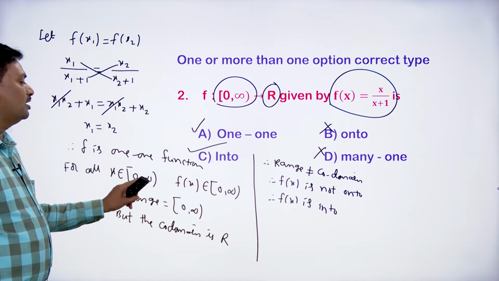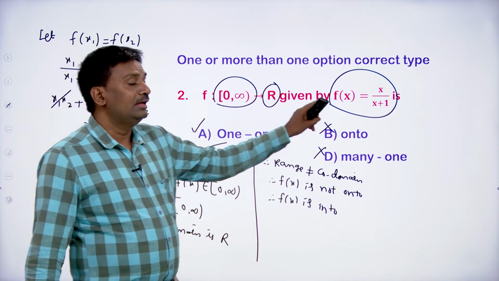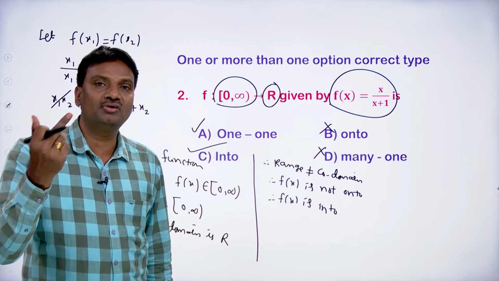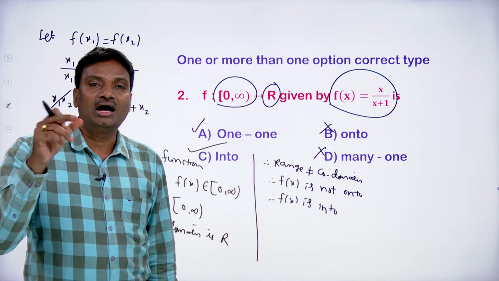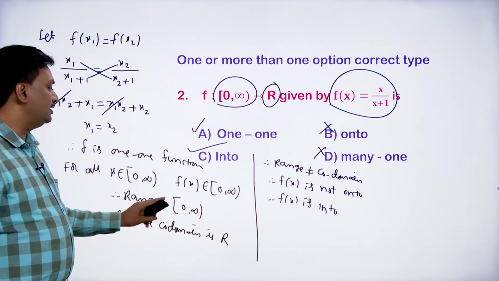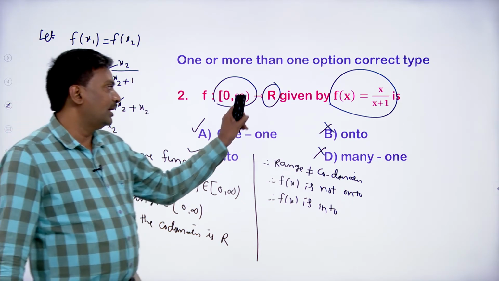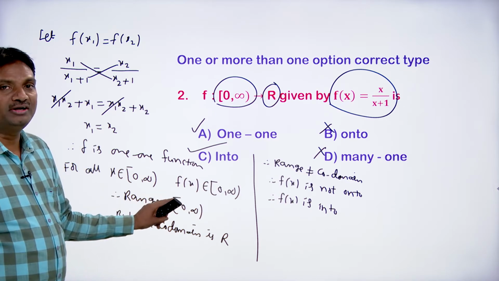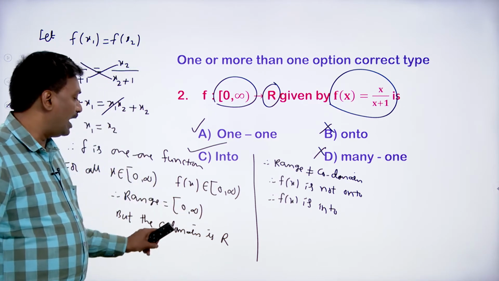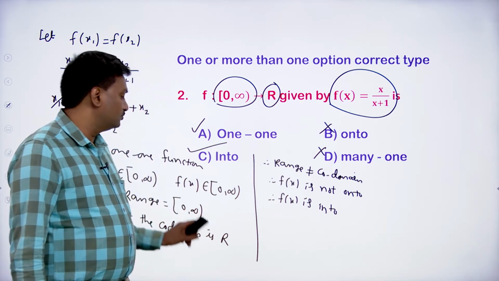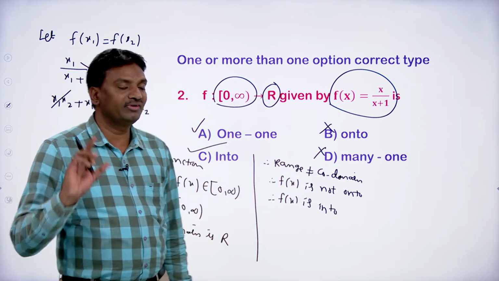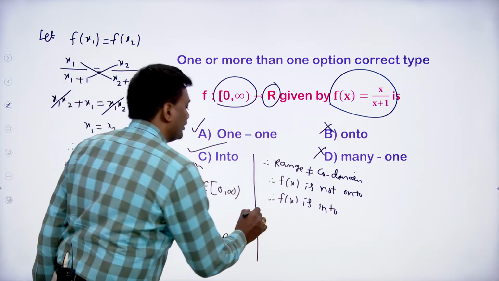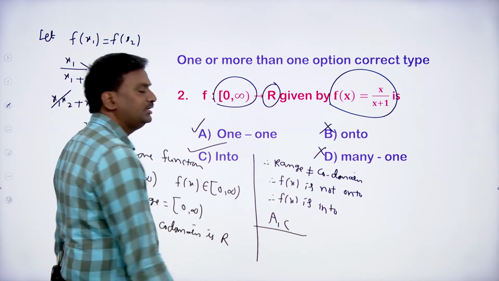Next, for all x belongs to 0 comma infinity, to check whether f is an onto function or not, let us find the range. If the range is equal to codomain, then we can say that it is onto. Otherwise, we can say that it is into function. So range equal to 0 comma infinity. But according to the problem, the codomain is capital R. Range equal to 0 comma infinity, all positive real numbers including 0, and the codomain is the set of all real numbers. So since range is not equal to codomain, f of x is not onto function. F of x is not onto function means that it is into function. So for the given problem, the options A and C are correct.